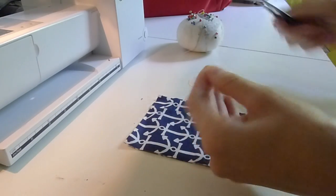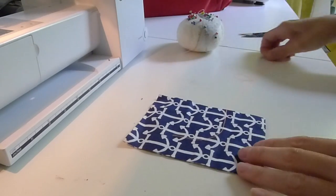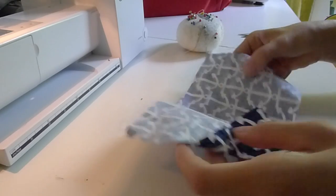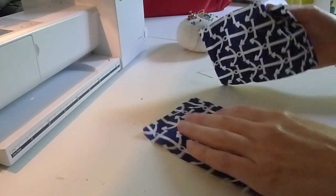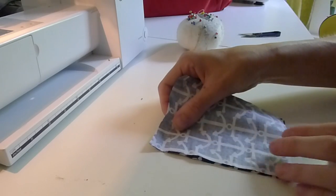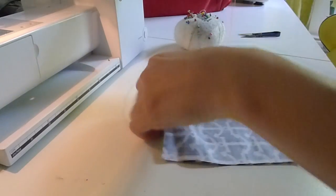The other way you can do it is by sewing into the fabric. When you're doing a plain seam, you want your fabric face to face or right side to right side, which basically means the bit of the fabric that you want on show facing inwards. And the other type of knot